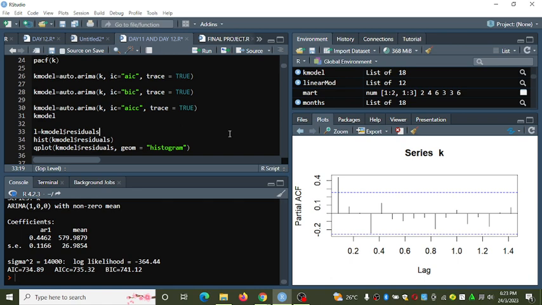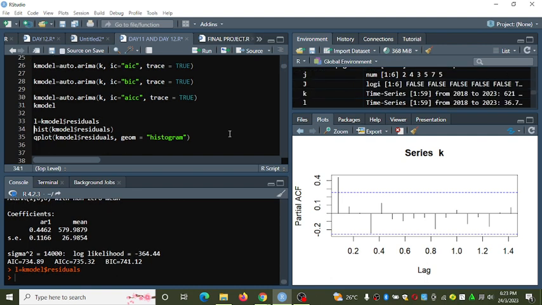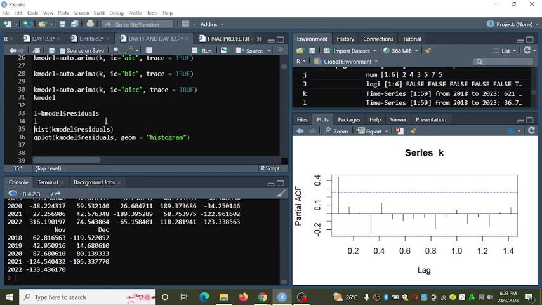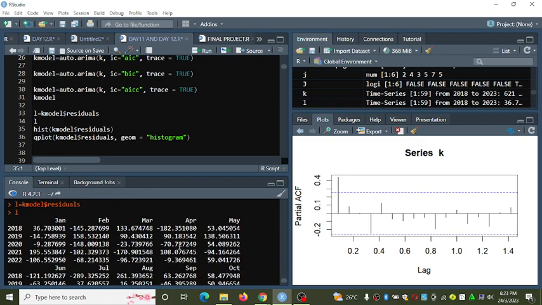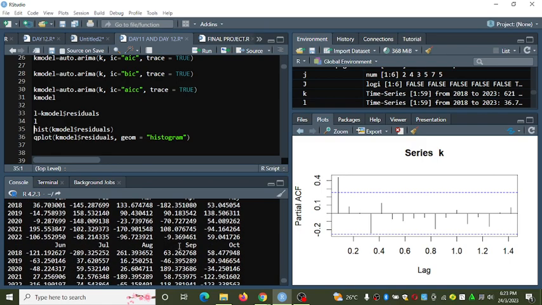So let's have a view on it. We can have a view of what is there. So these are the residuals. And how do we obtain the residuals?